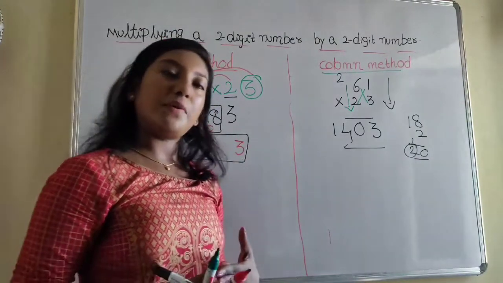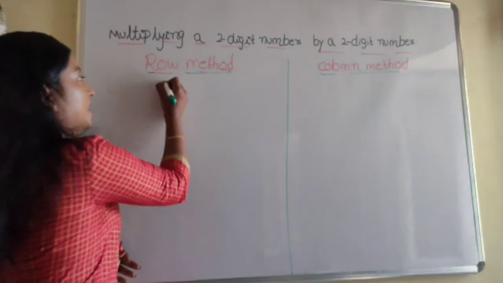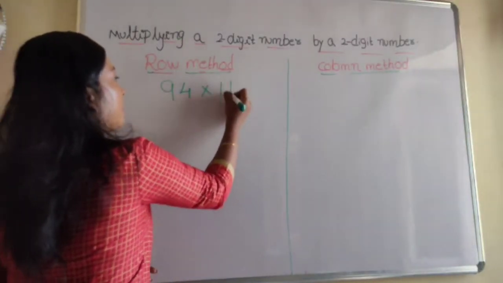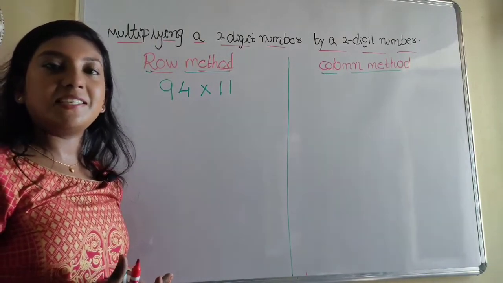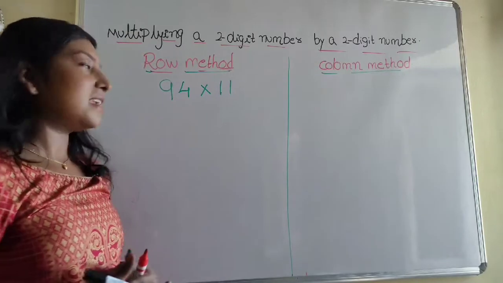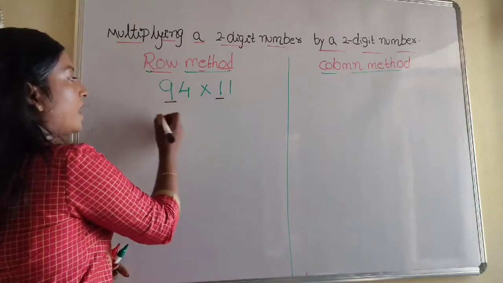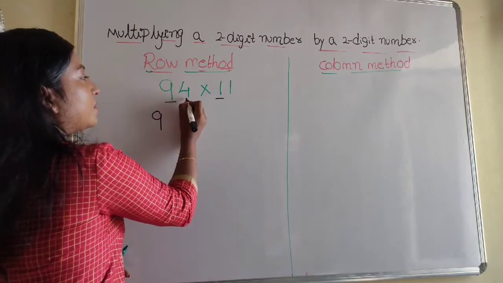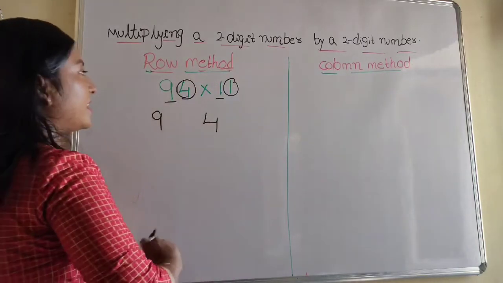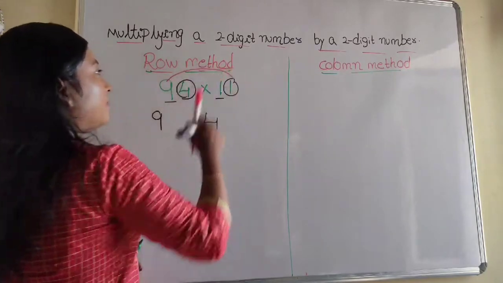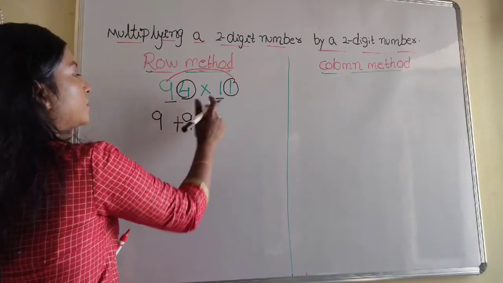Now let us see one more example of the same method which has the carryover in the middle. So I am taking here 94 into 11. Your choice of choosing your numbers. Here I am randomly picking some of the digits so that it will be easy for you to understand. Now start multiplying first digit and first digit. 9 into 1 gives 9 and the next one 4 into 1 gives 4, and the next one start multiplying the extreme digits. So 9 into 1 gives 9 plus 4 into 1 gives 4.